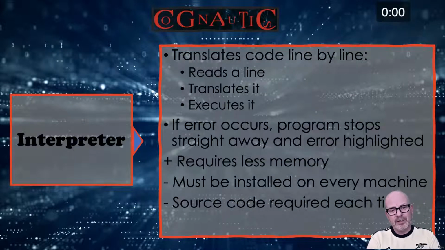So let's look at this one. This is the interpreter. The interpreter, on the other hand, is used when you're writing code. It's a way of writing code more effectively, and this is how it works. So you've written your code using your IDE, but it's called IDLE. They try to be funny with Python. Eric Idle's a Python, so it's called IDLE. The Python version, the Python IDE. And once you've written your code and it works, you've got no mistakes in it, this is what happens. The interpreter translates the code line by line. It reads the line, it translates it, and executes it. But if there's an error,